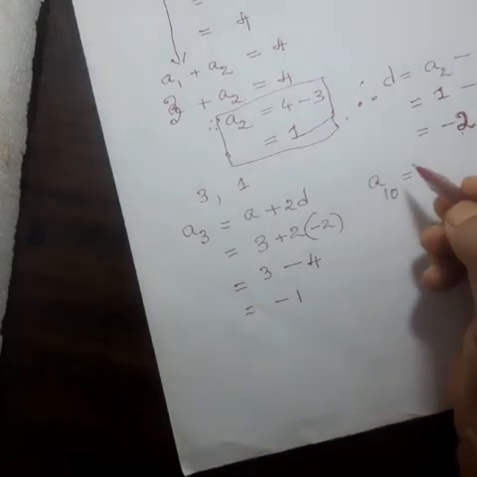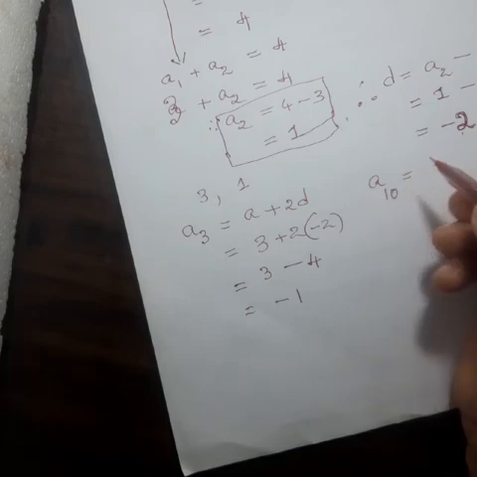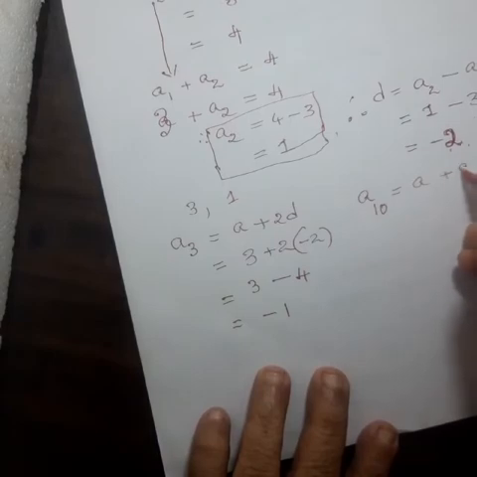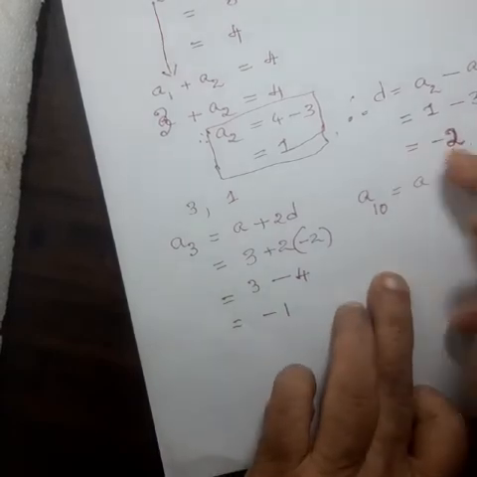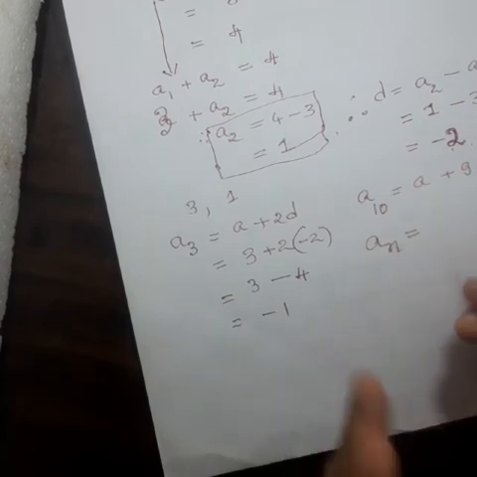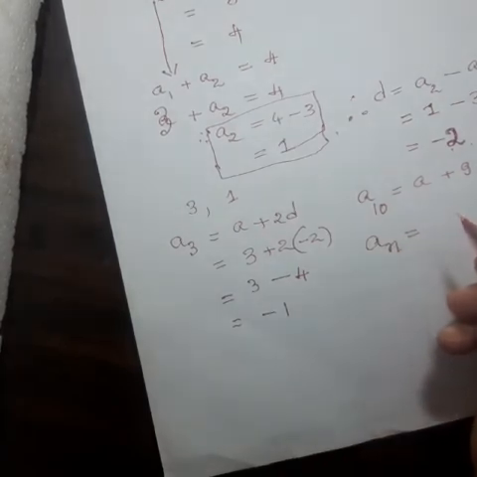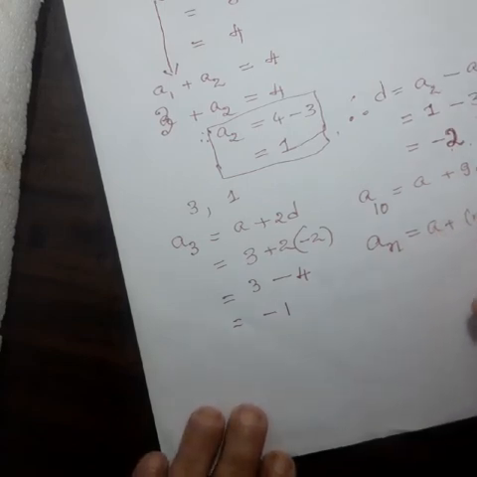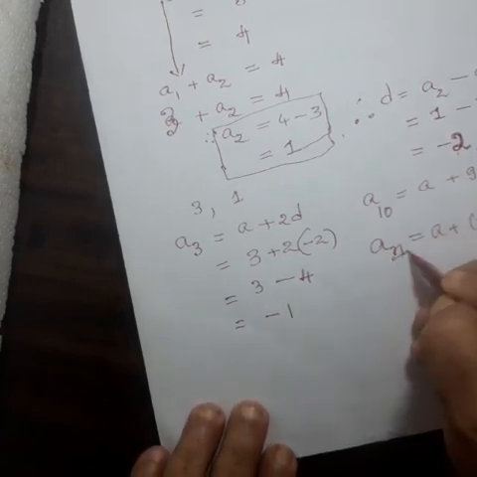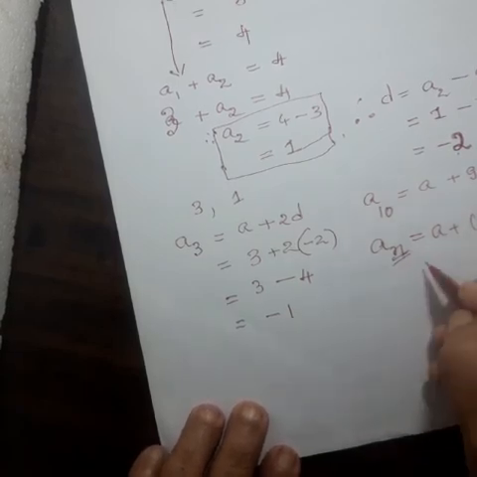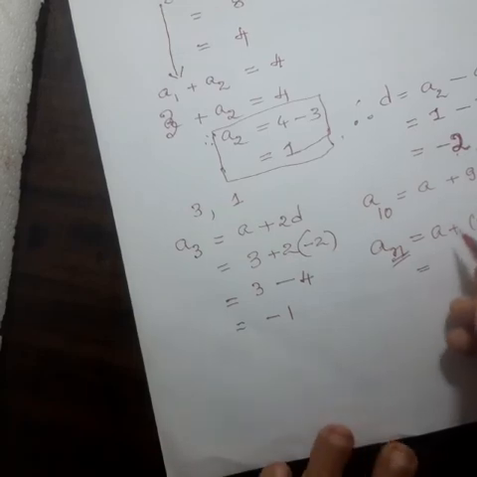Okay, and then A10 they are asking. Find the 10th and the nth term they are telling. A10 means it is A plus 9D. Okay, you can substitute and get here. Similarly, they are telling us find the nth term. So nth term means an, it is a plus n minus 1 d. Now when they are asking the nth term only, you keep n as n only. You must keep n as n only.